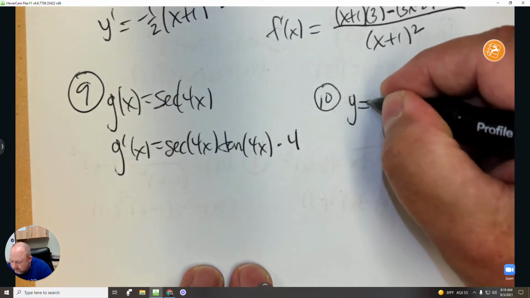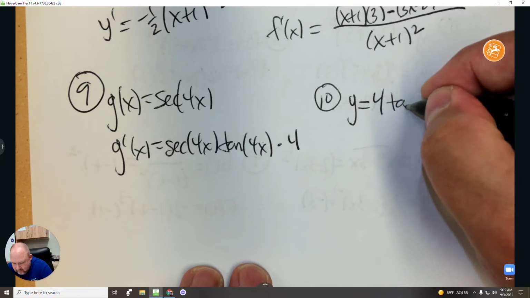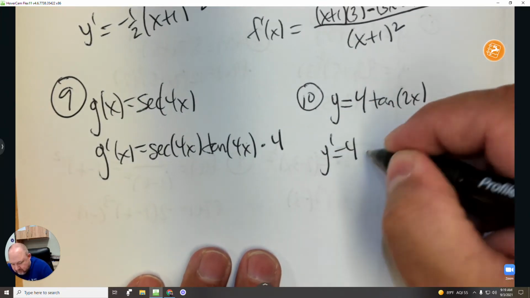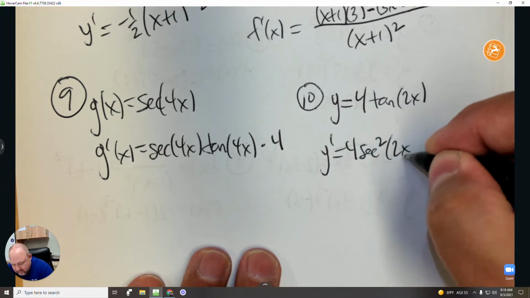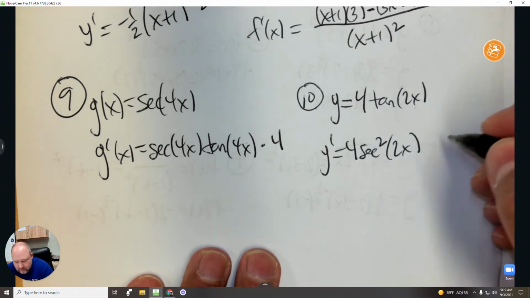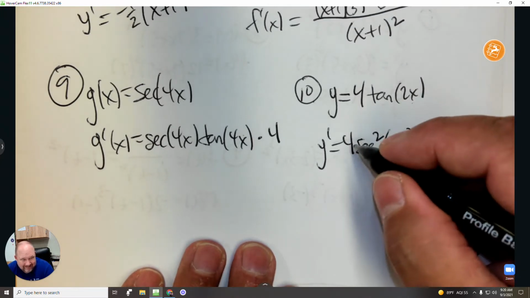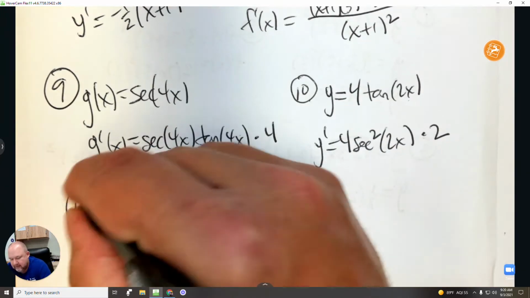y equals 4 tangent 2x. So first the rule for tangent is secant squared. So 4 secant squared 2x, and then the derivative of 2x is 2. That's the hook on, and definitely you could go 2 times 4 is 8 and have that in front. Number 11,